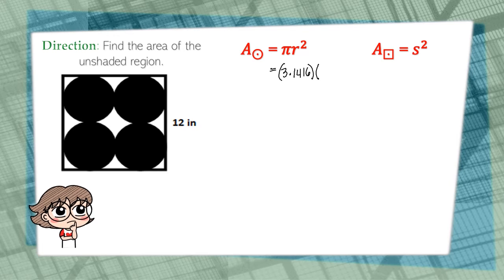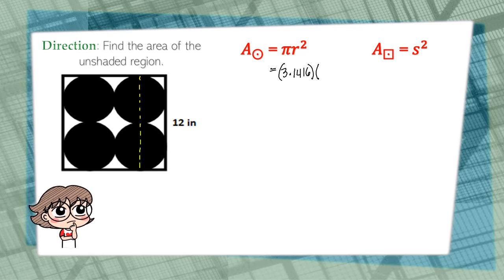Analyzing the given data, as you can see here, we do have 4 shaded circles inside a given square. Now, looking at the side of this given square, if we're going to draw a line here, parallel to the side of the given square,